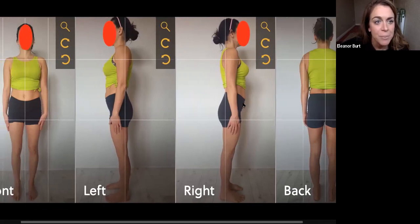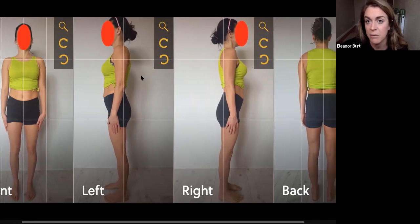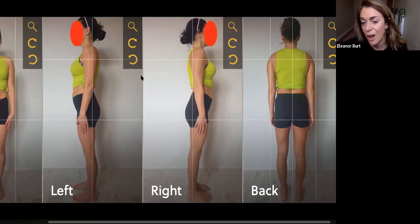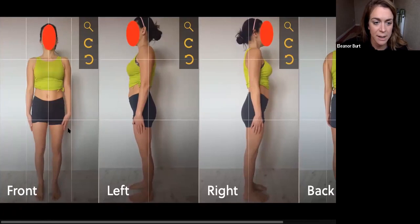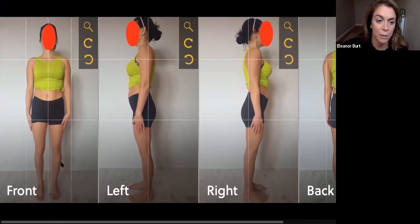But she looks like she's a little bit higher through her left shoulder at the front, and she's a little bit rounded in her shoulders, but all in all, I think her shoulder, neck, head position is pretty good. I am looking at her legs and her pelvis. So if she was my client, I think I would be asking some serious questions about how well she moved